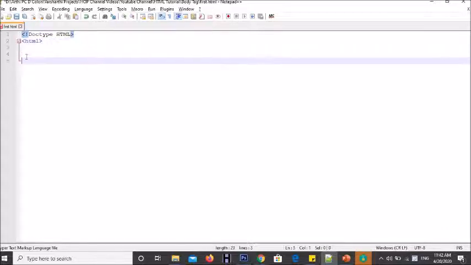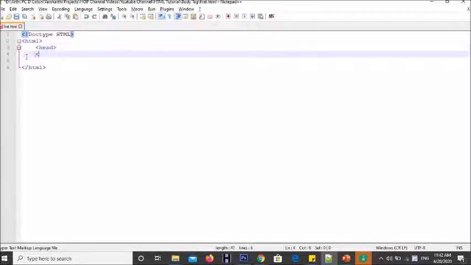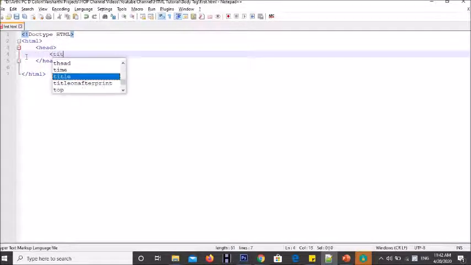So let us get into the structure of an HTML, which is <html> and </html>, which marks the beginning and end of a web page. Inside it, the head tag. So what can come inside a head tag? The first element that comes inside the head tag is title, which provides the title of a web page. Here I am writing my first web page, right.